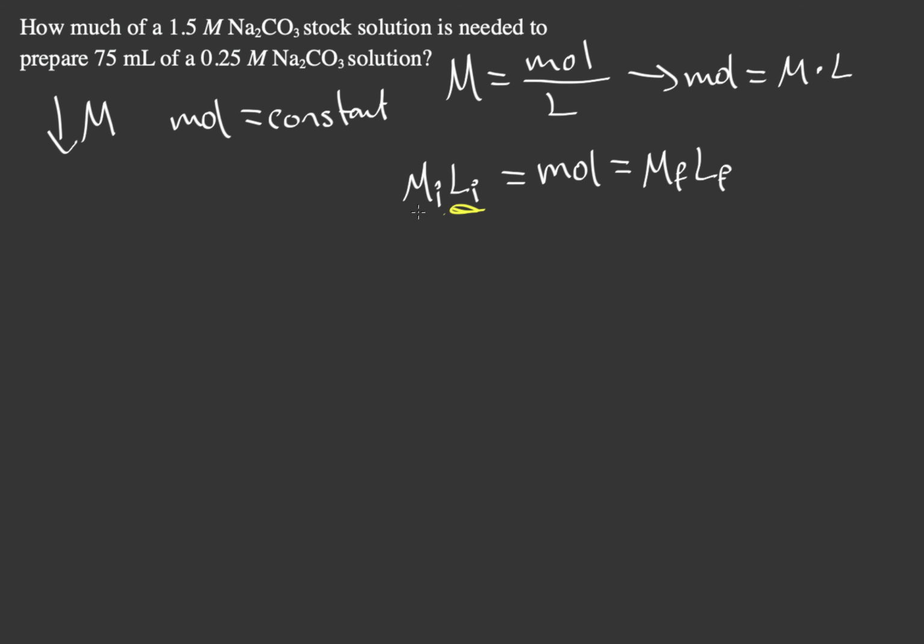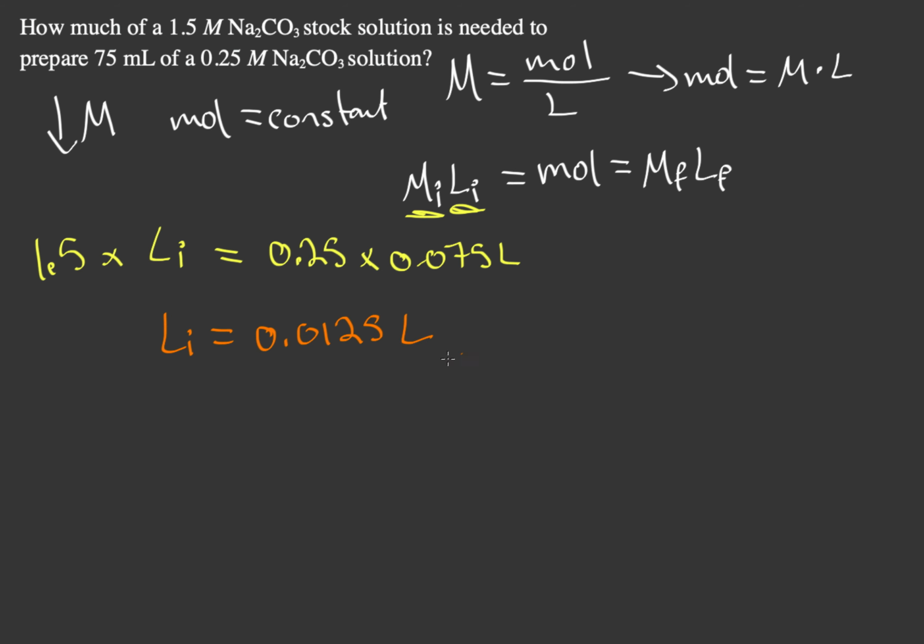So we know our molarity initial is 1.5 times our volume initial, which we don't know. And our molarity final, our new concentration, is 0.25 times our new volume, which is 75 milliliters. But let's keep it in liters and make it 0.075 liters, right? So our volume initial, Li, is just going to be this divided by 1.5, which will give us